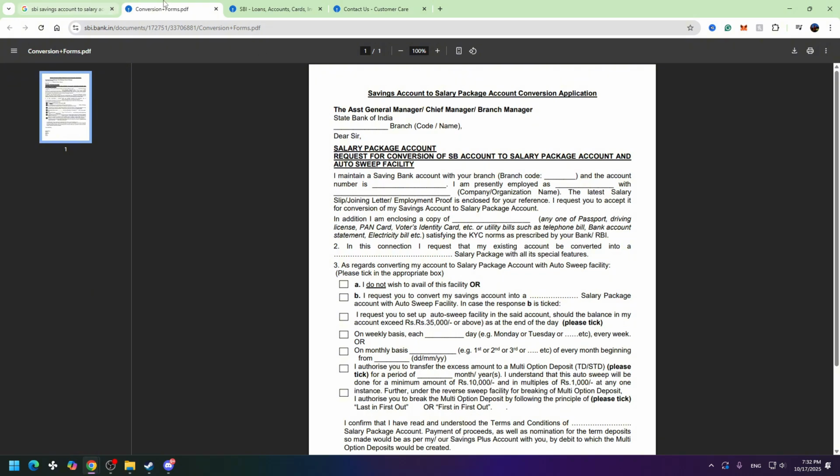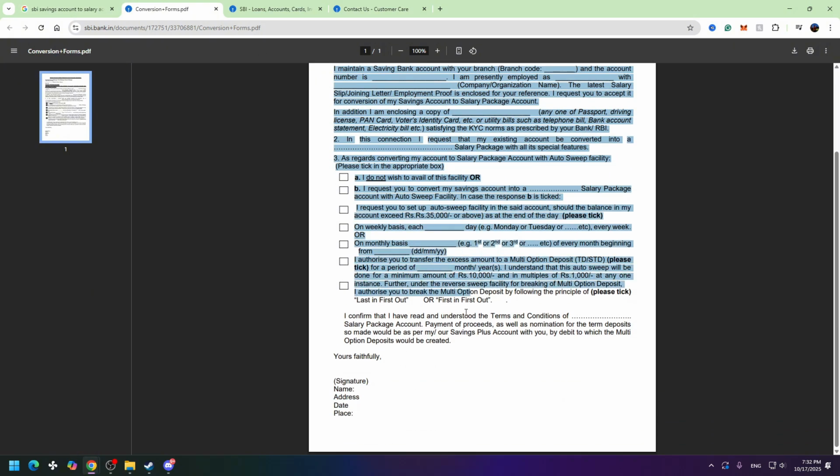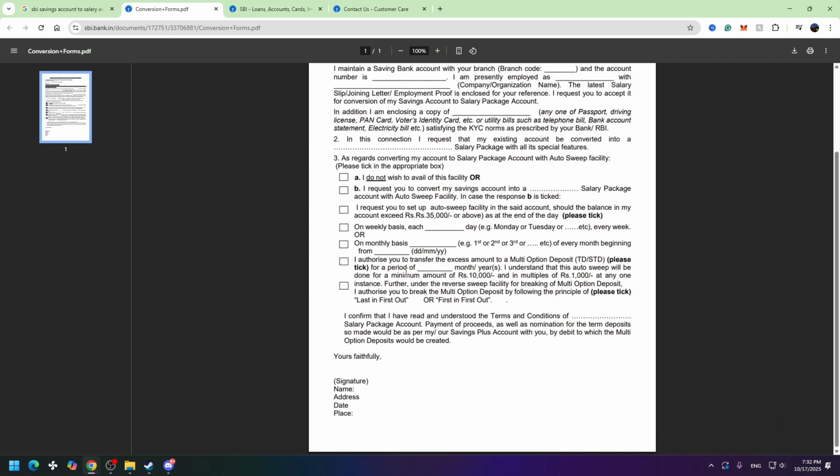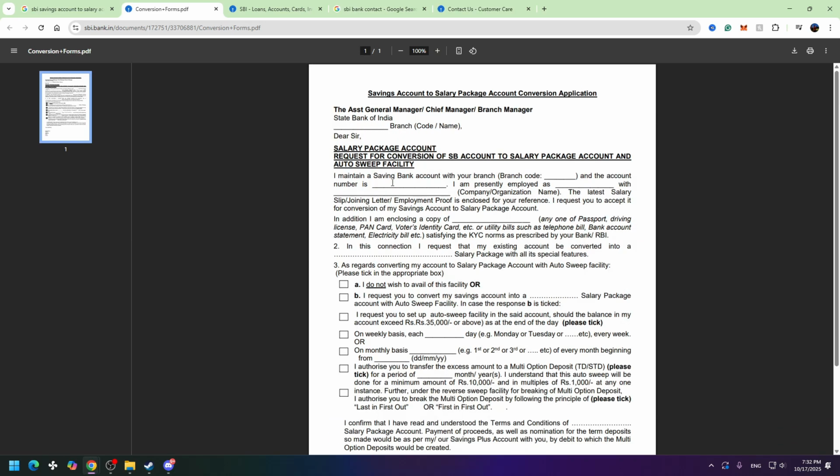So when you open this link, you will see this form which you need to fill. So you need to enter all of the information right here, and once you fill the application, then you